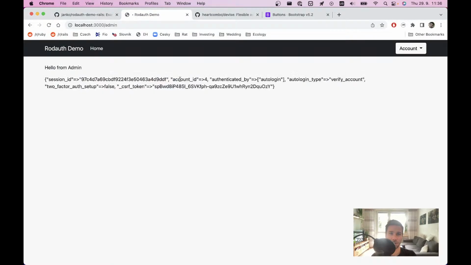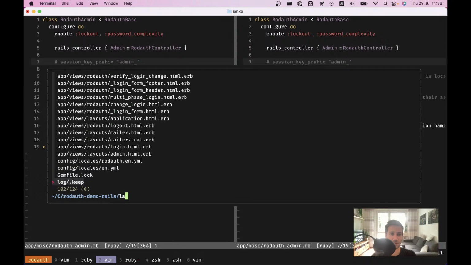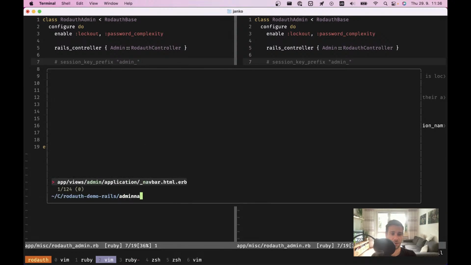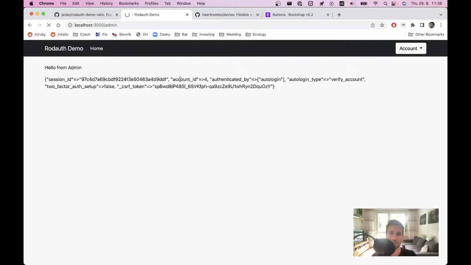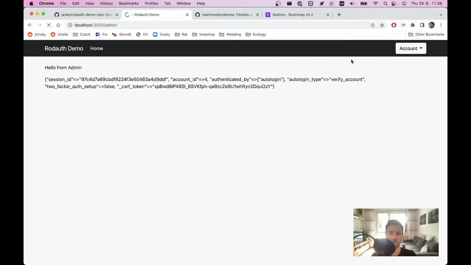So now when I refresh, let's undo this. We still didn't make one update in the admin navbar, which is to say that here we also want the admin account. So if I now refresh, we have the logged in state here, and if I add the session key prefix,